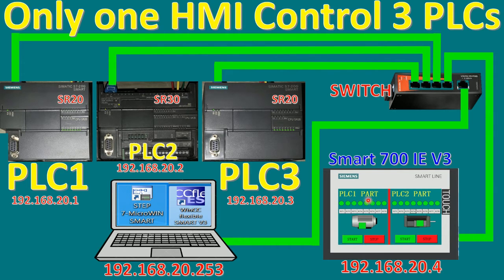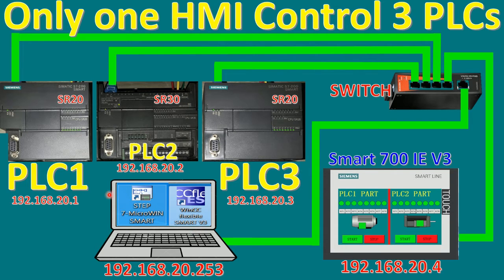If we would like to control the data to PLC 2, we can also set a connection for PLC 2, and we can separate the pages one by one to control. Yes, I will show step by step as we create the project of Step 7 Microwin Smart and Siemens WinCC Flexible Smart version 3. Okay,